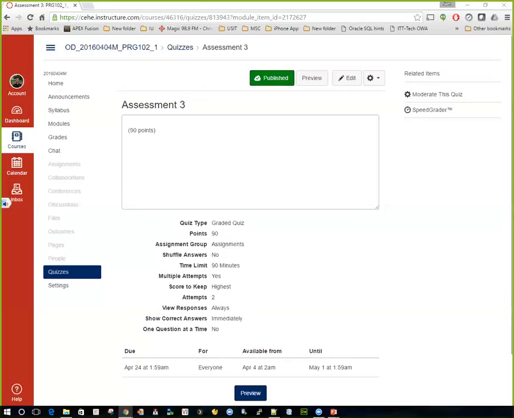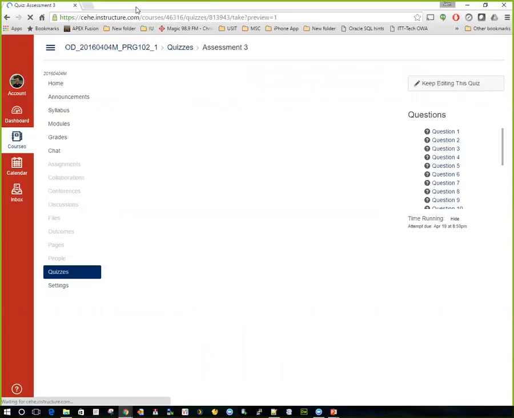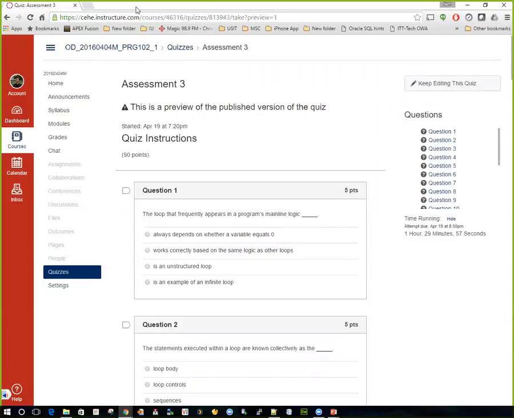Okay, so let's go ahead and preview. I'll give you a second to go ahead and load yours up. All right, so the first question, the loop that frequently appears in a program's main line logic is what? The loop that frequently appears in a program's main line logic